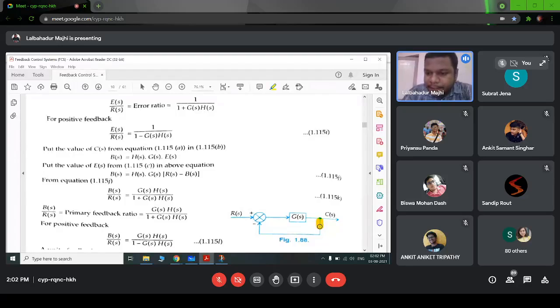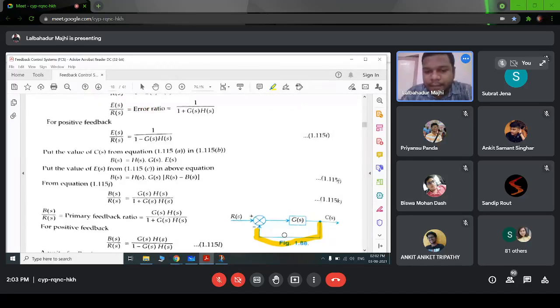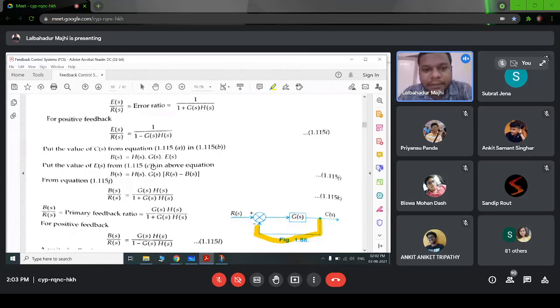So if the feedback is a simple straight line, that means the value of H(s) is equal to 1. So it is called a unity feedback system. Now the transfer function, for a negative feedback system, C divided by R will be G divided by 1 plus G, because it is a unity feedback system. At that time H will be 1. That is why it is called a unity feedback system, and it is depicted with this simple straight line. There will be no H(s). Just go through this. We don't require this much.